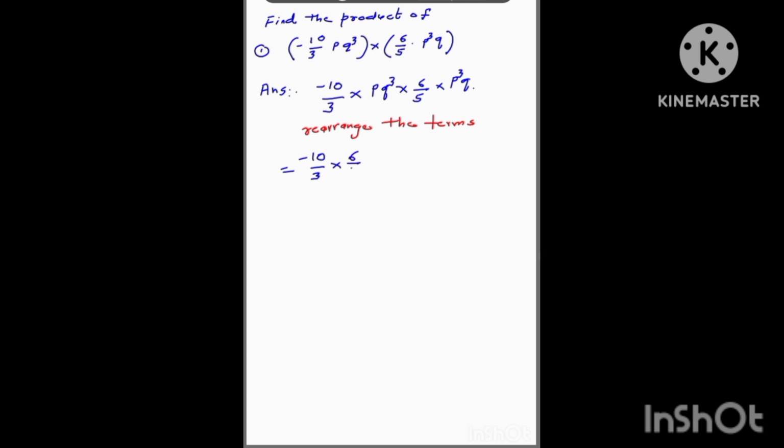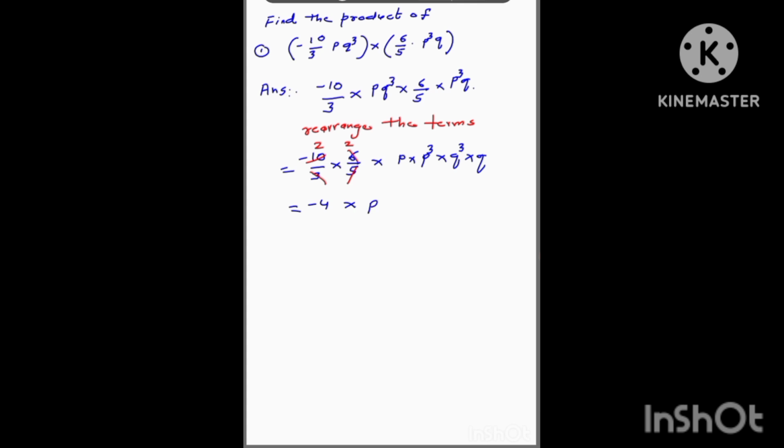Okay, so I am bringing all the constants to one side. So this is minus 10 upon 3 into 6 upon 5 into all p and all q, accumulating all p in one and q in one. Now cancelling, 3 into 6, 5 into 10, like that, minus 4 into